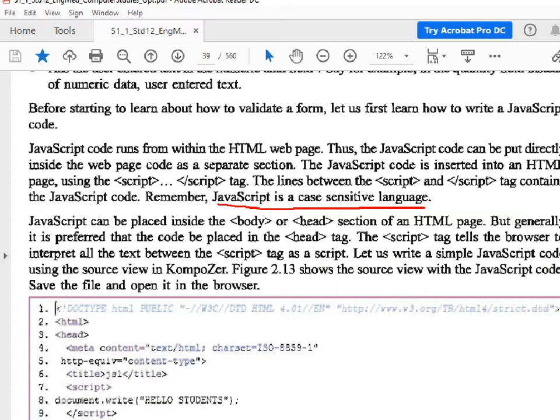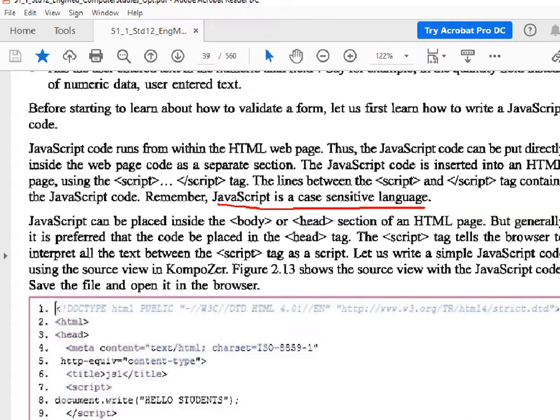Another meaning of case sensitive is, if you create something in JavaScript in capital, then you have to use it in capital. I repeat, JavaScript is case sensitive means what? Two ways. The instructions of JavaScript, if they are in capital, then when you use them, you have to write in capital, and if small, in small.